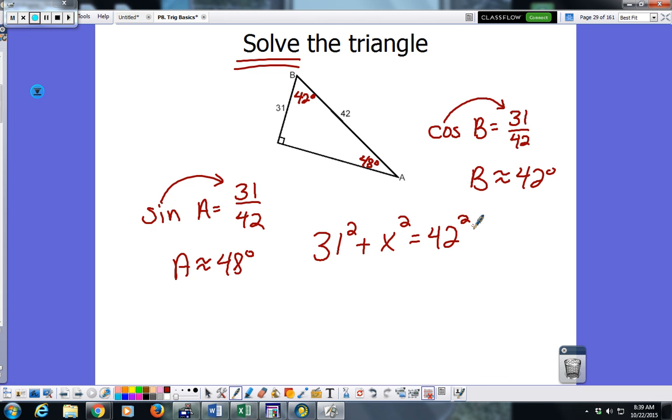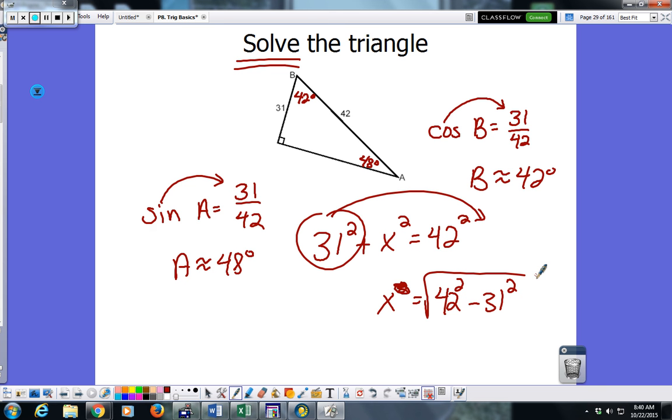Now let me show you a trick on this. To type this into your calculator, let's save some time. To type this straight into your calculator, here's your steps. And before you even square it out, move that over. So you now have x squared equals 42 squared minus 31 squared. And to get rid of square, just square root the whole thing. That's what I would type into my calculator, just where I can type it in all at once. Subtract the other term, take the square root to get rid of a square, and you get,